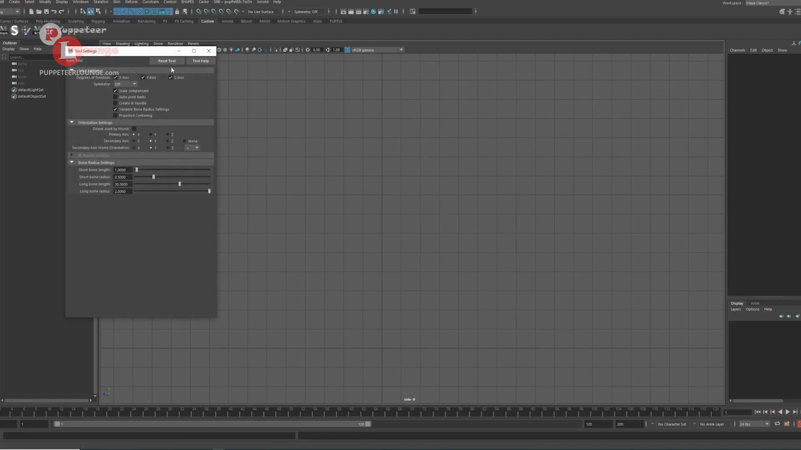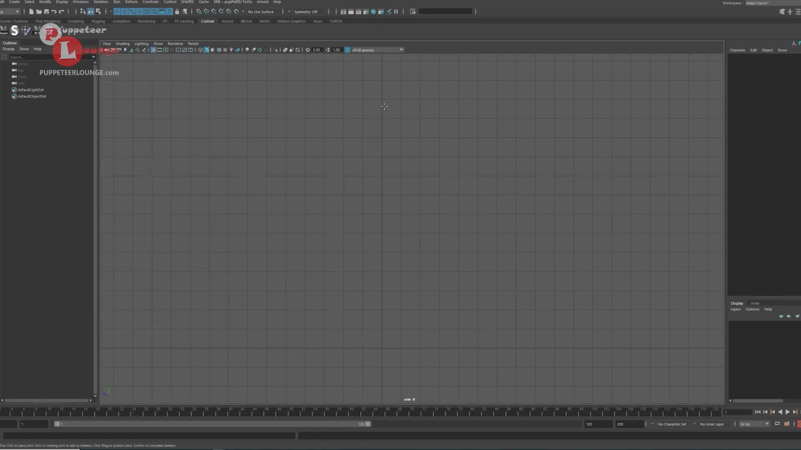So I'm going to set the option. Let's reset everything and let's create the joint. So basically, to draw a joint in Maya, you just click with the left mouse button. So holding X on my keyboard, I can do a grid snap. So I can snap it like so,